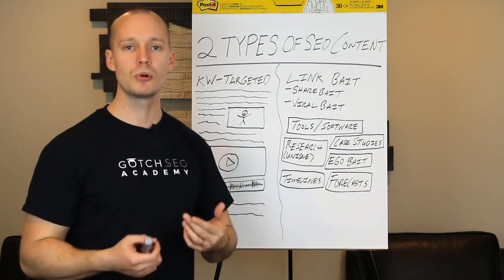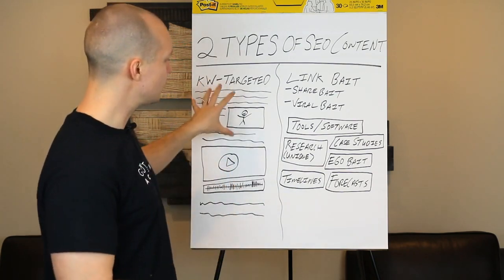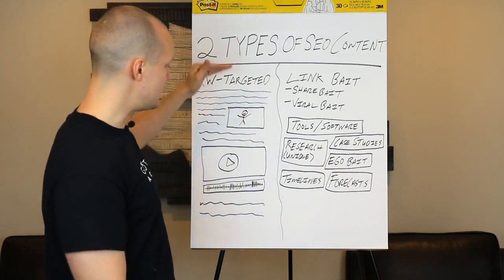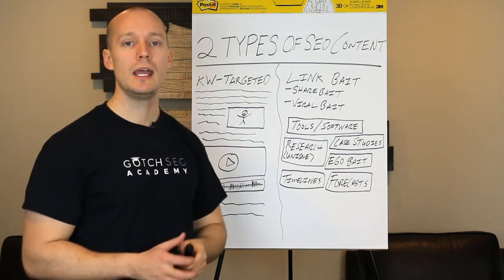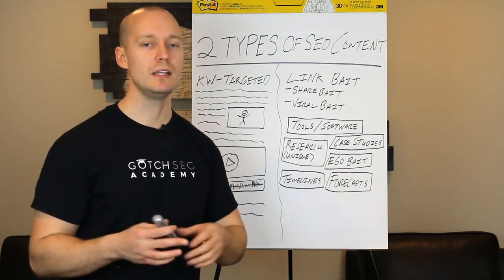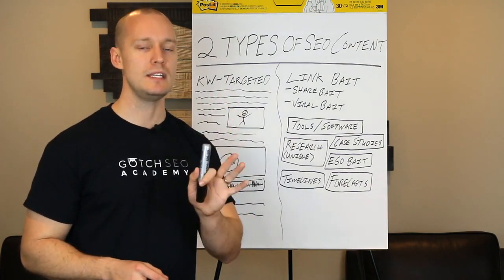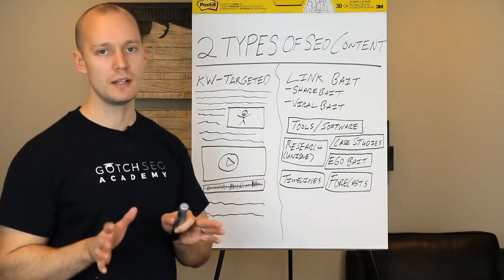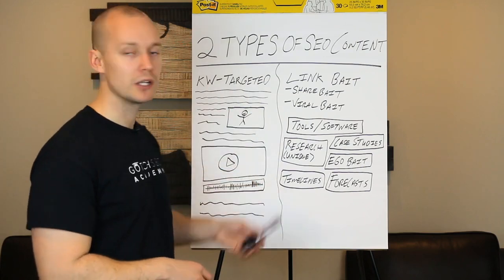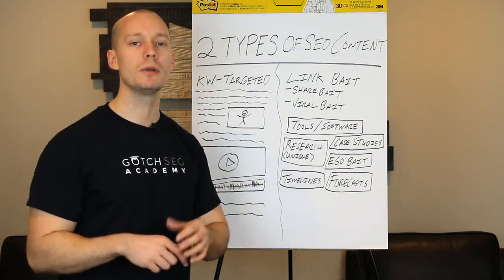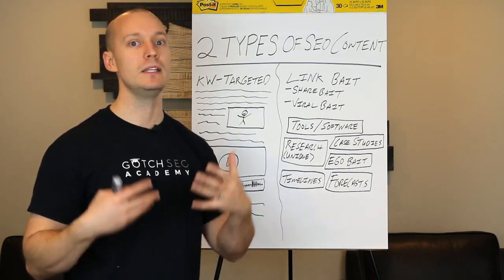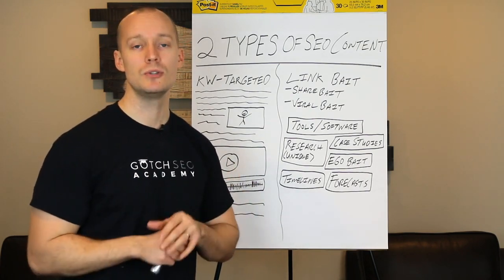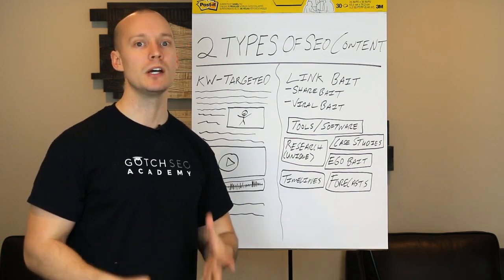But it's also important to know that not every single keyword targeted page that you're going to go after is going to need this level of content. And the reason for that is because of search intent. I'm going to be getting pretty deep into search intent, but for now, just understand that most content that you're going to create as far as keyword targeted content will probably be long form, but there are other scenarios where you're not going to need that type of long form content. And in fact, it may not even make sense to create long form content, and that's because of search intent.